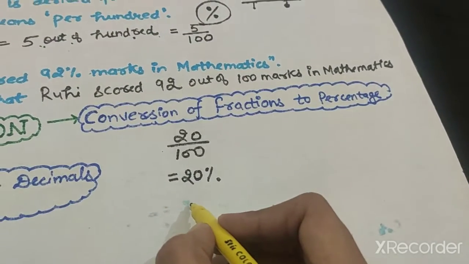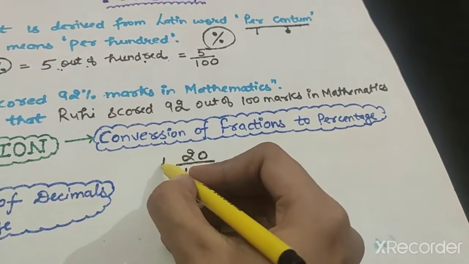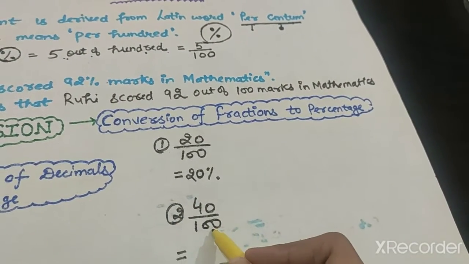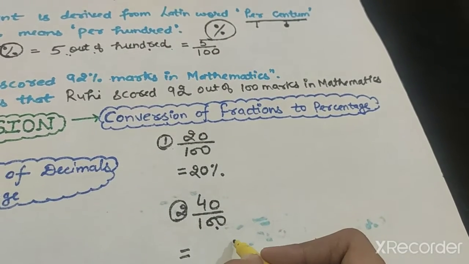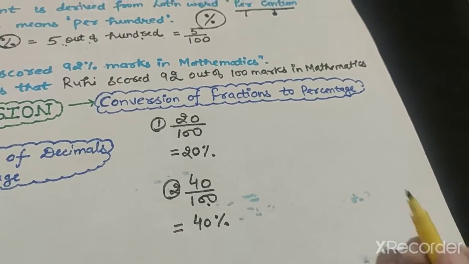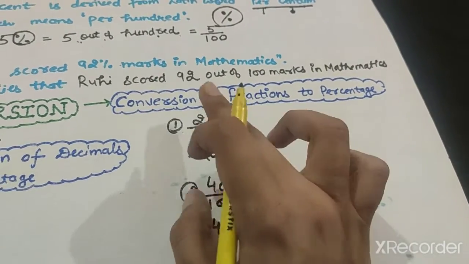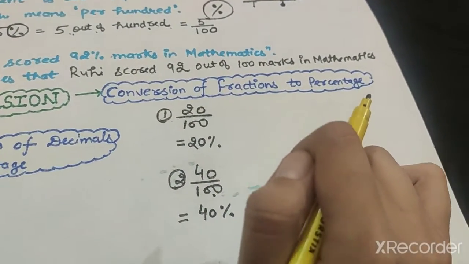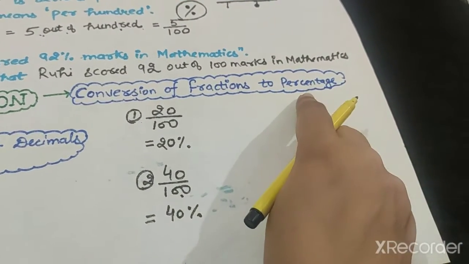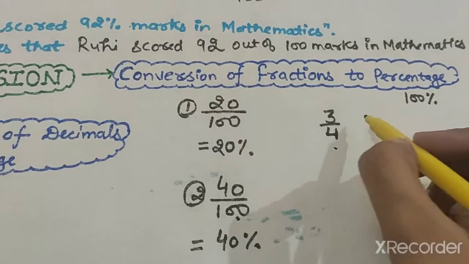Let us look at one more example. For example, 40 by 100. You have to convert this fraction into percentage. So go by the rule. If the denominator is 100, just write down the percentage sign with the numerator. What is the numerator? 40. Now what about the fractions which don't have the denominator 100? How will we convert them into percentage? To convert a fraction to a percentage,